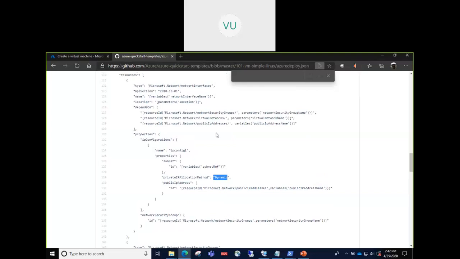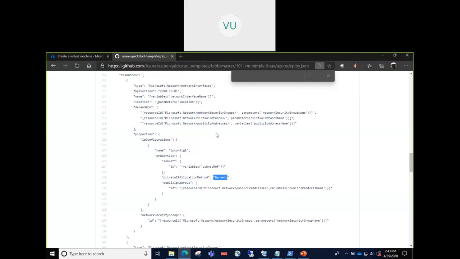When I say dynamic, let's say you created a virtual machine today and it was assigned an IP address of X. Tomorrow you shut down that virtual machine and then bring it up again. Then the IP address that gets allocated to that VM could be different. It could be same or different, but it will be different.